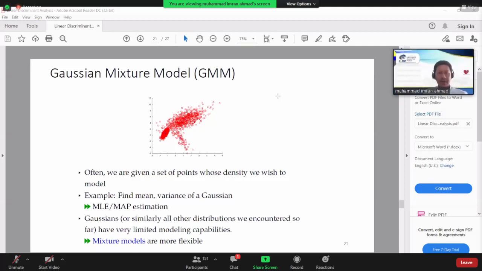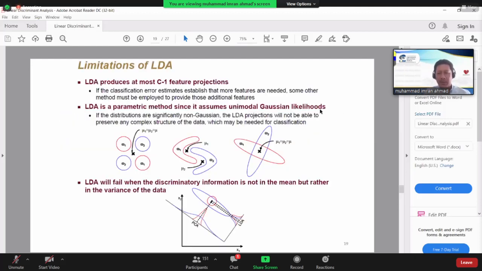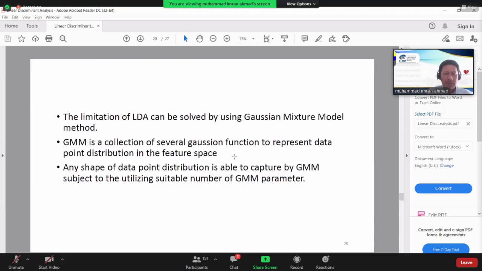Okay, so now I share my notes on GMM. Just now we saw the problem of LDA, which is very difficult to apply to this kind of data distribution. The solution is to use GMM, Gaussian Mixture Model. The Gaussian Mixture Model is one of the techniques that is very popular in speech recognition and speaker recognition,